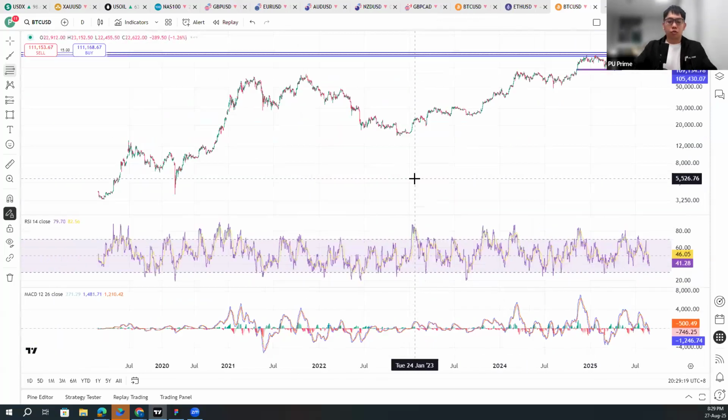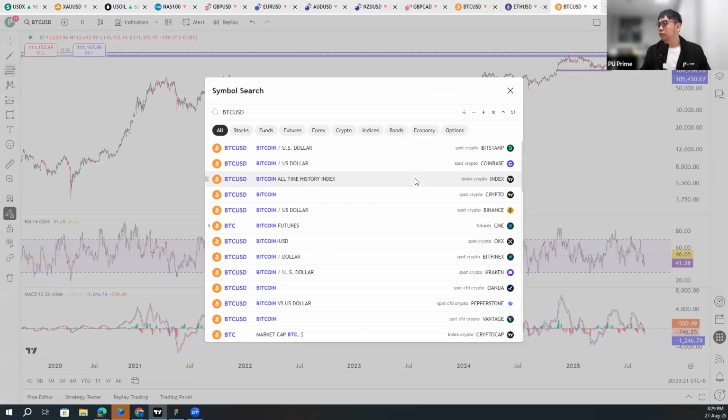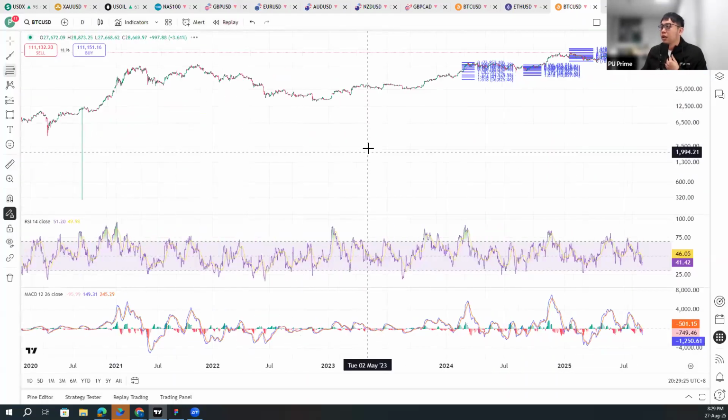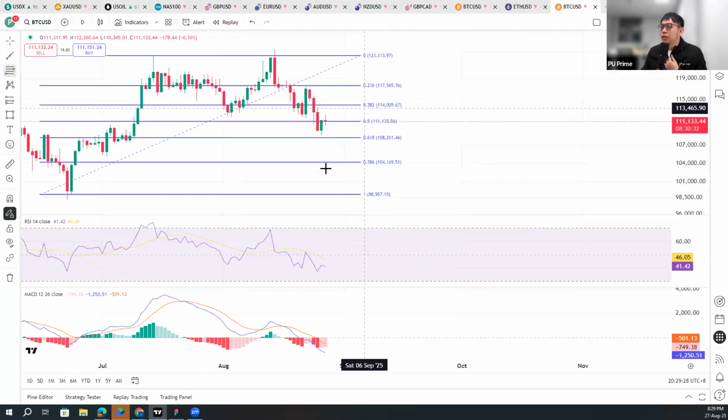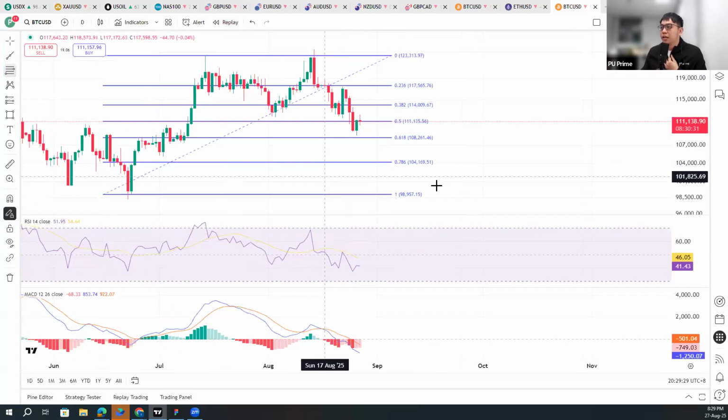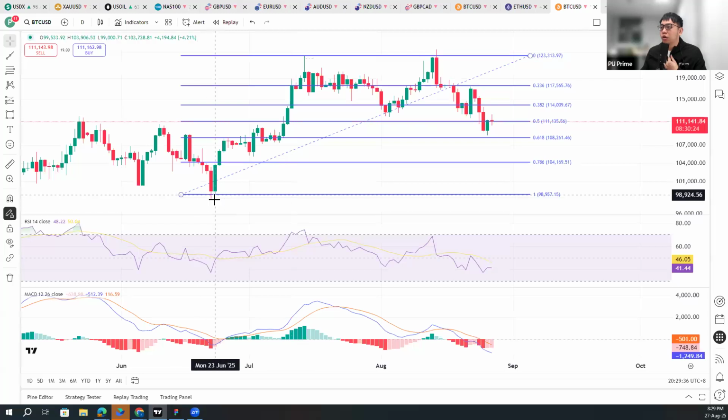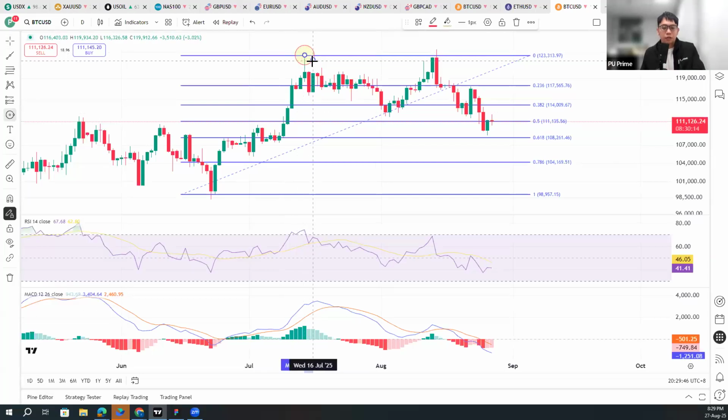Where did I draw? Okay, so yeah, the latest one, this is also where I share it. Why I come to this is the latest one. I draw from the bottom to the top. Okay, the top is here. Okay, and it's a double top here. I hope that you can see. This is a double top here,